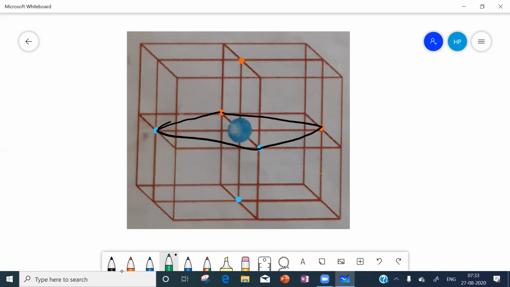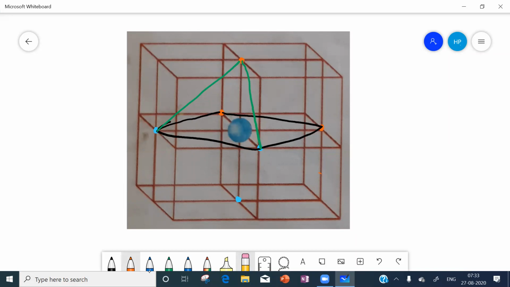So I will start from here. I will go to this place. Then from here, I will come to this place. Now you say, we have got a triangle. Do you agree with this? Number 1, number 2, number 3. On joining 1, 2, 3, we got a triangle. Do you agree, sir? So we got one triangle now.